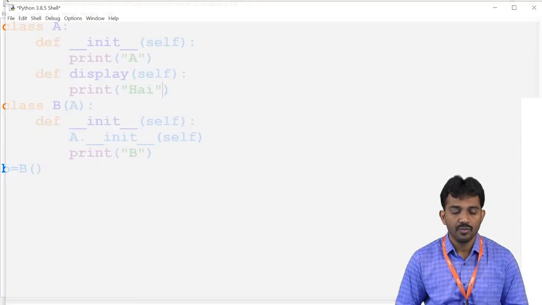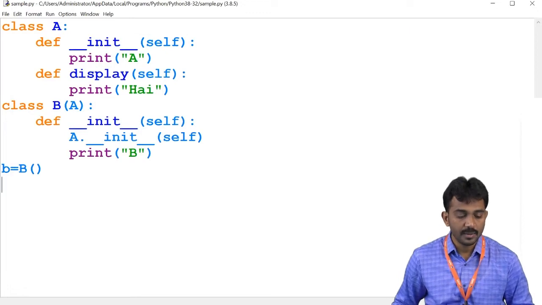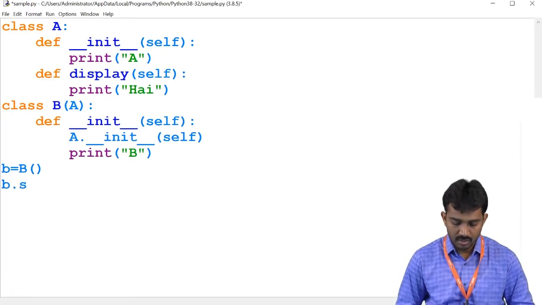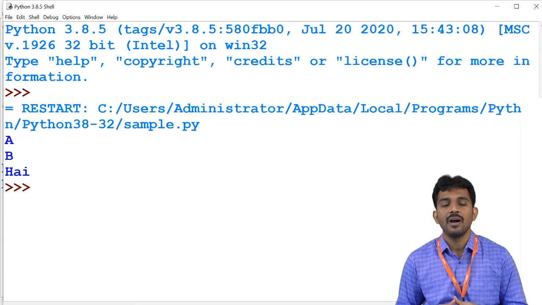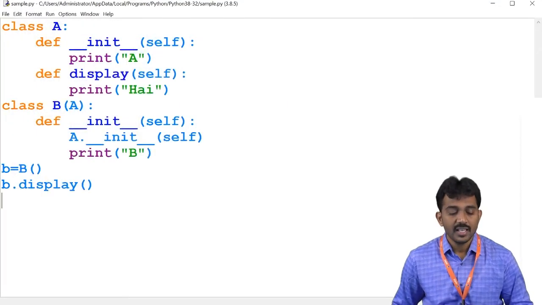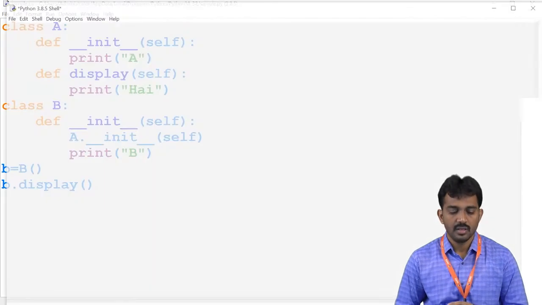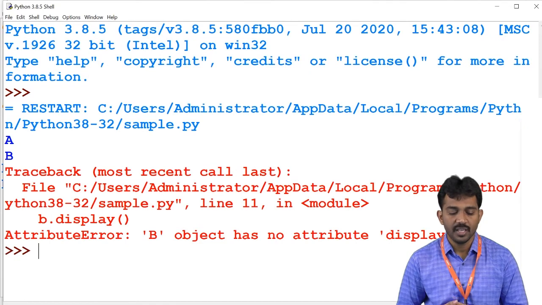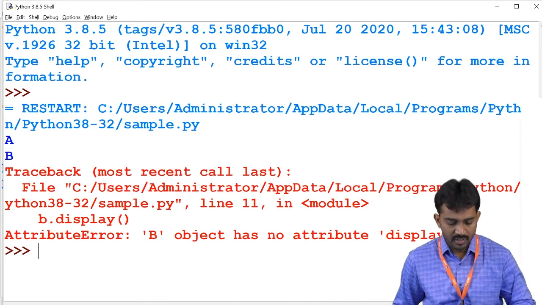Then see, if you run this code, it still shows the same thing. But when you call b.display, see, hi. If you observe clearly, the display method is not available in the B class. If you had not inherited, then see what the output is: A and B, and then the B object has no attribute display.